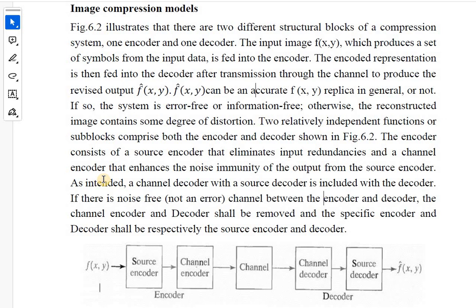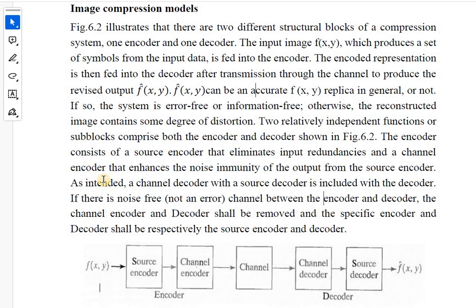So f(x, y) is your original image, and f cap(x, y) is the image that is achieved after the decoding. It is not your compressed image, understand this. Your decompressed output is f cap(x, y), and when you want to compare the accuracy of your compression-decompression process, you will always compare f cap(x, y) with f(x, y).